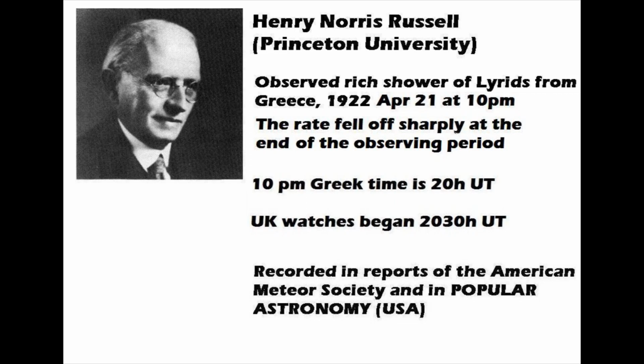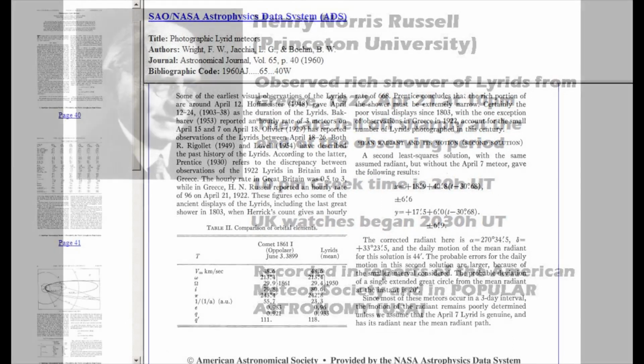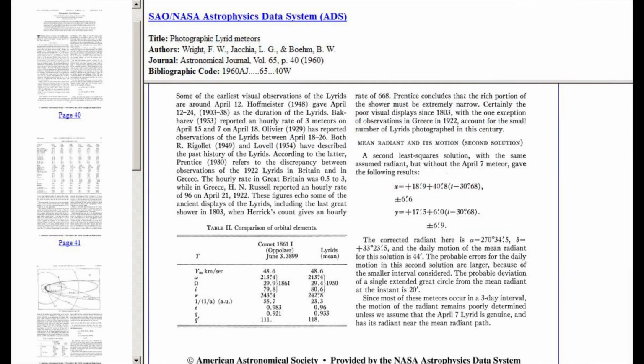It was, of course, Hertzsprung's paper in 1906, and Russell, who tried to make an astrophysical interpretation of it, actually became the more famous. Unfortunately, he considered that red giant stars were condensing onto the main sequence, and in fact the evidence is the other way round. Here's a later paper, from 1960, which draws attention to the disparity between the British results and the Greek results for that year.